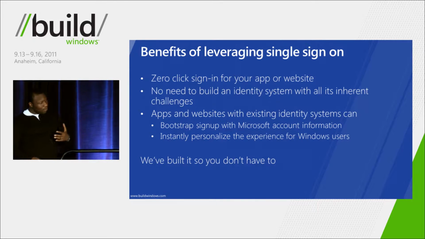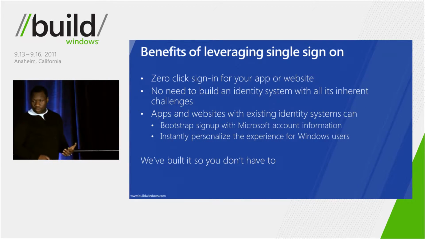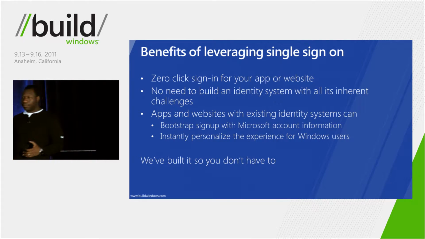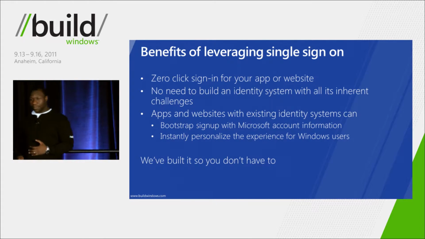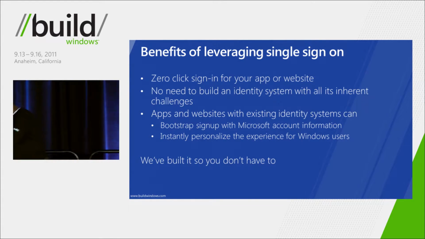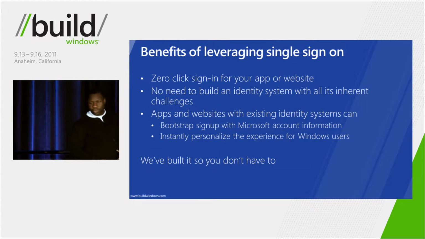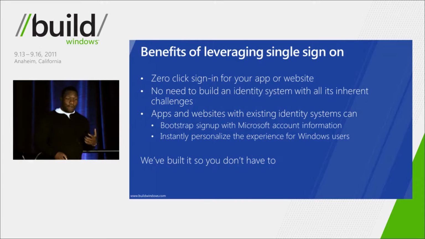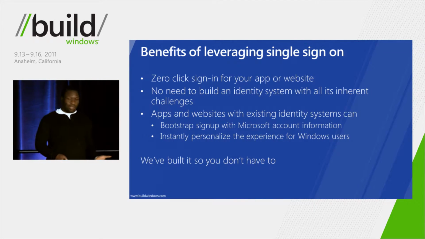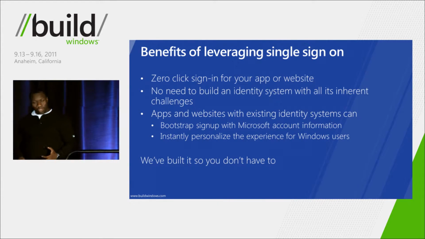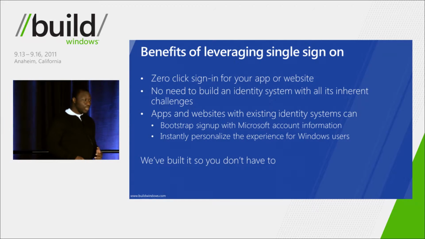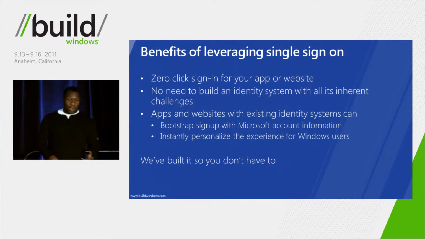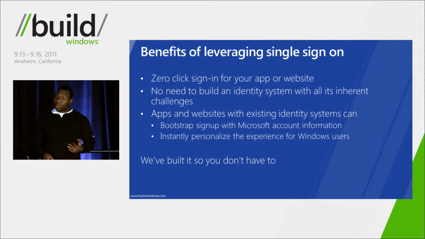For example, you still have to worry about signing up the user the first time around. The user launches your application. You have to get a name, an email address, maybe a date of birth. All of those things are already known to the Windows Live Identity System, which is available to the operating system. So instead of having the user fill out a bunch of forms, you can simply have a permissioning flow built into your application instead, where you ask the user, is it okay for me to use this information? And the user says yes.